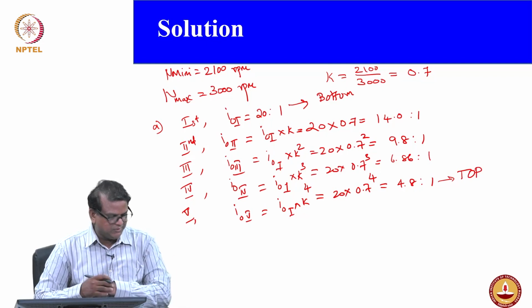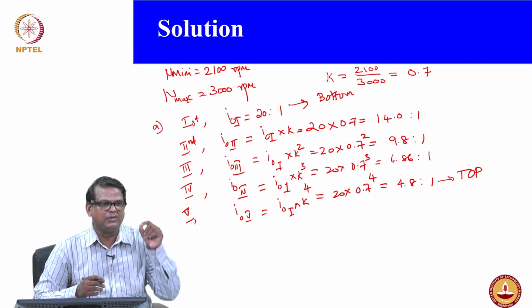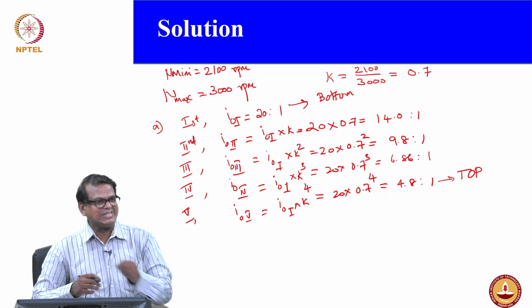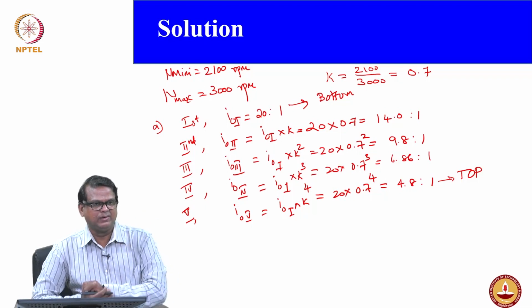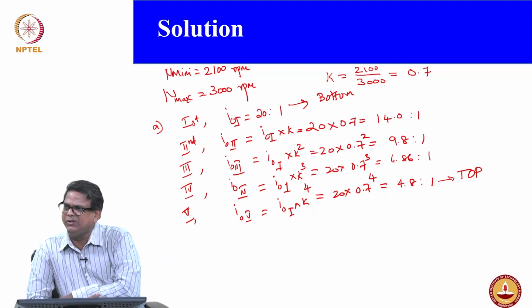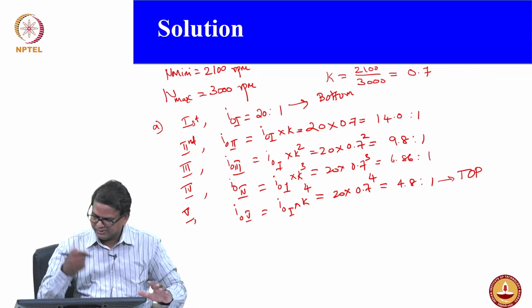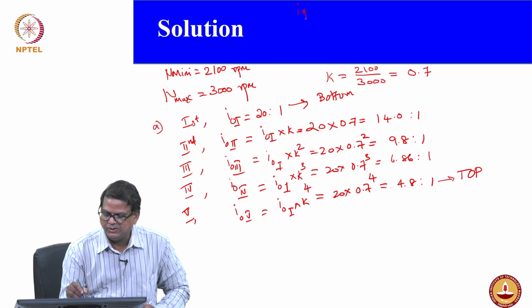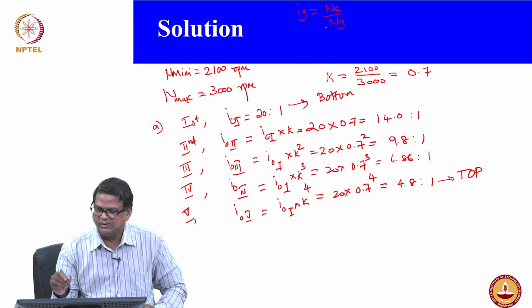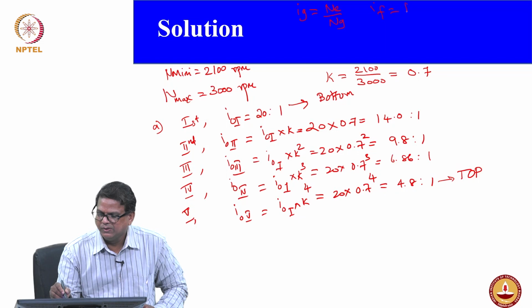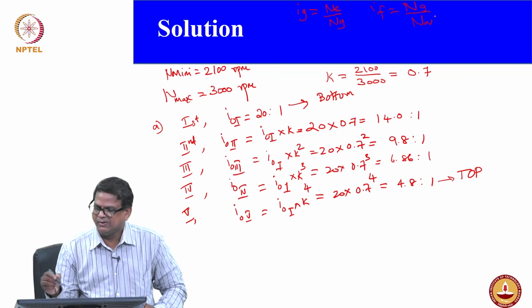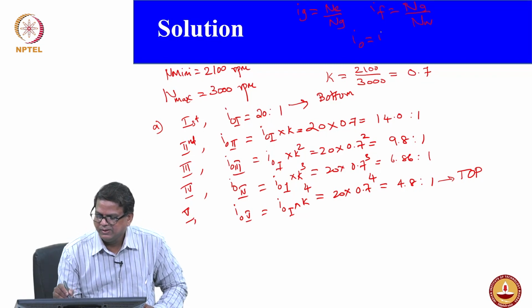the second thing is we want to identify the gear ratio of each gear shifting, first, second, third, but we do not have the final drive ratio. How will you do that? How to find out the final drive ratio? Remember the formula: Ig equals engine speed by gear speed, If equals gear speed by wheel speed, whereas IO is given as Ig multiplied by If,